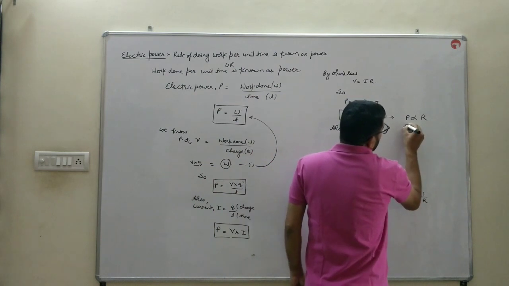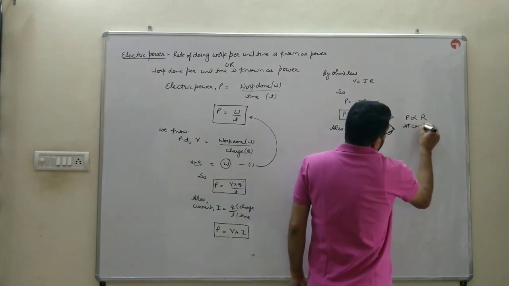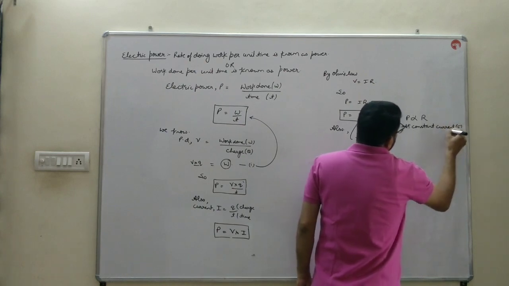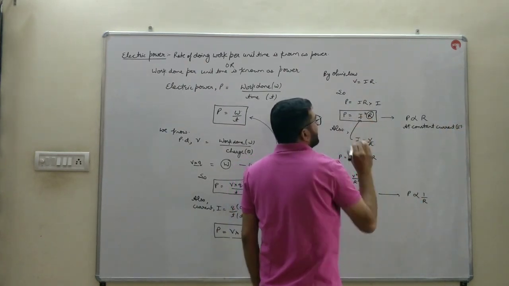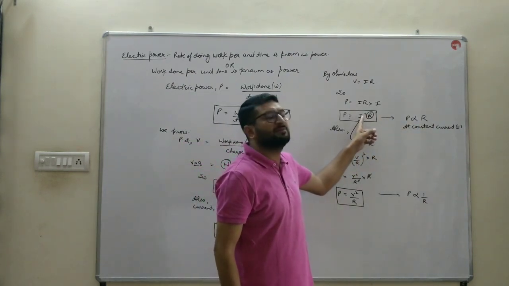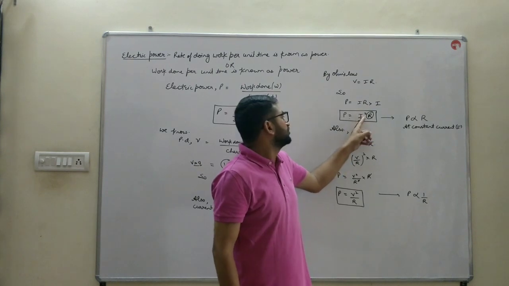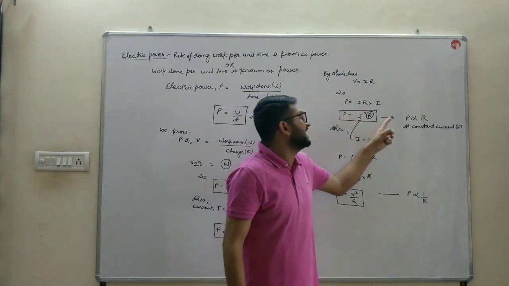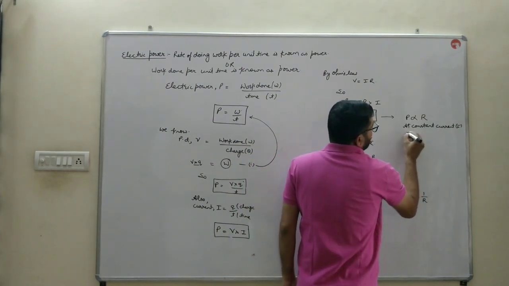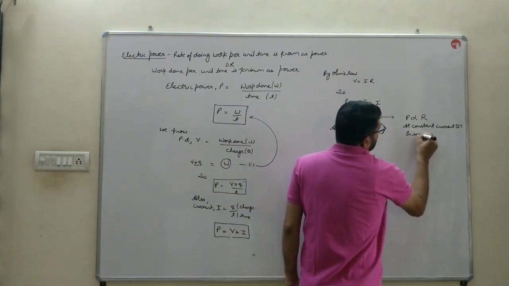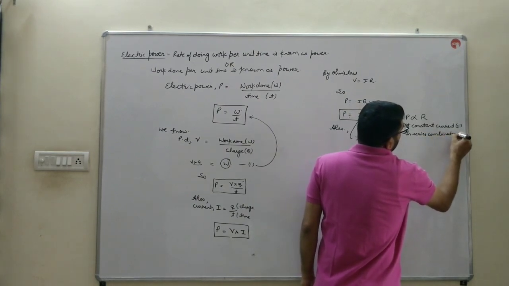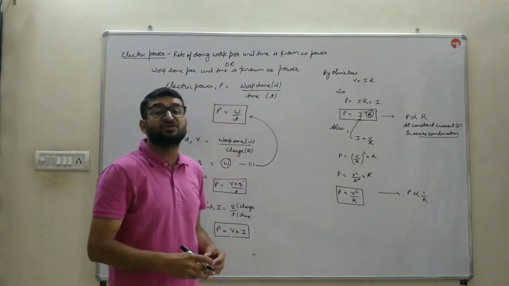This case is possible at constant current. If I is constant, then equals to a constant will be removed and a proportional sign will come. अगर बच्चे I constant हमने मान लिया, करंट constant है, तो constant और equals to हट जाएगा, तो पावर डायरेक्टली प्रोपोर्शनल आ जाएगा किसके? R के. And constant current is in series combination. करंट कांस्टेंट कब होता है बच्चे? रेजिस्टेंस में, जब सीरीज कॉम्बिनेशन हो.